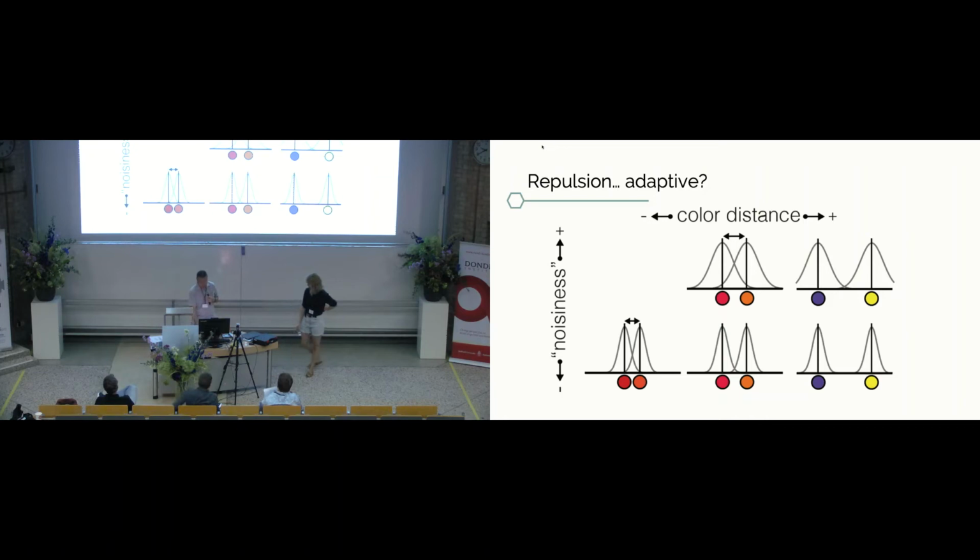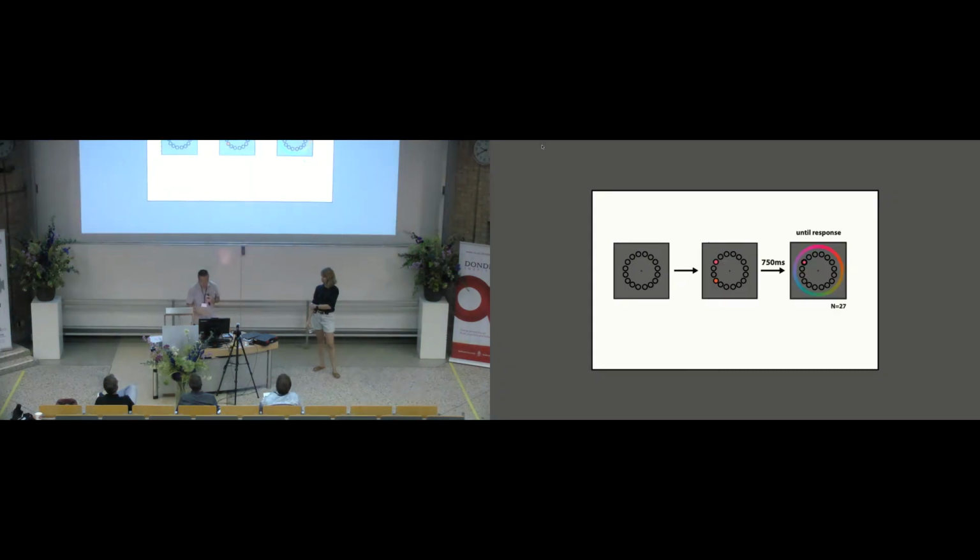Then you can imagine that up to a certain point you cannot always have repulsion, because up to the point that they're no longer discernible, then you backtrack to each other. So we test this hypothesis by doing a two-item memory test and using the method of adjustment with color memory.